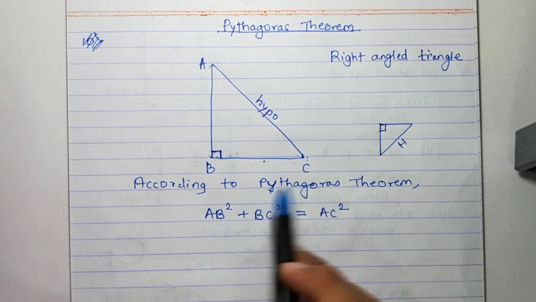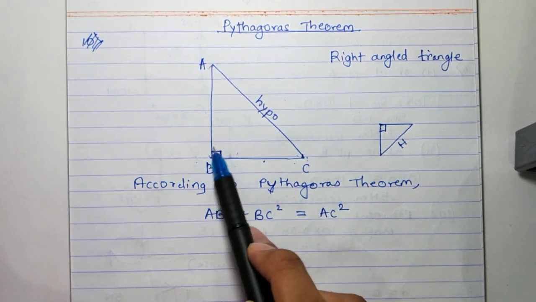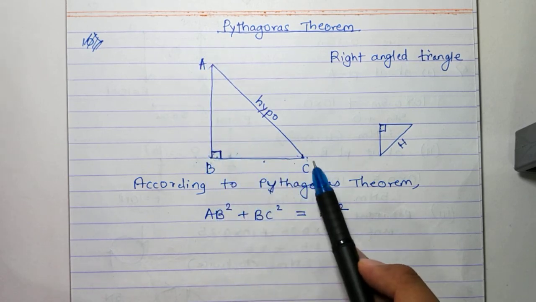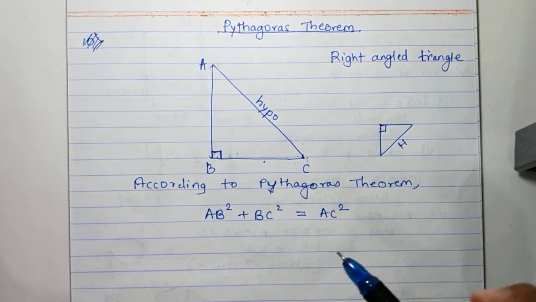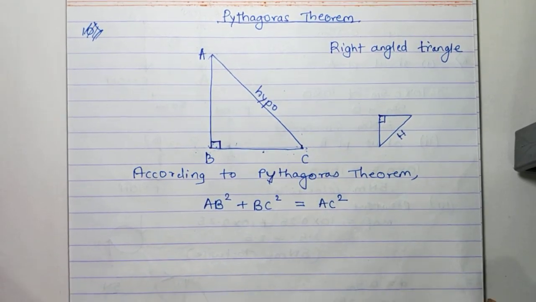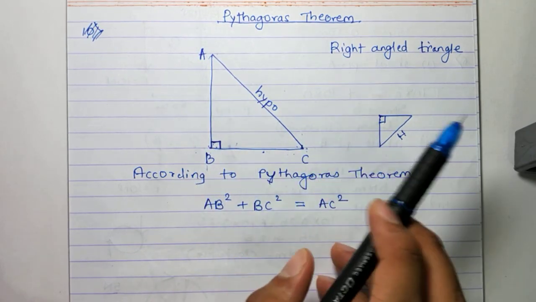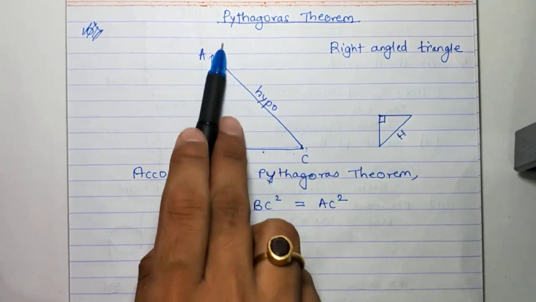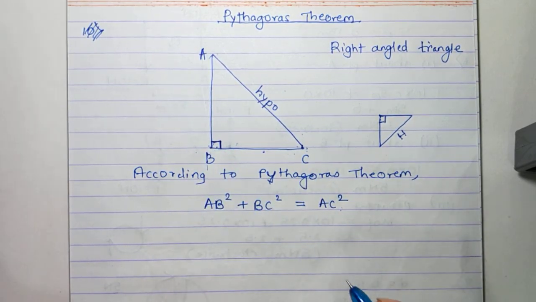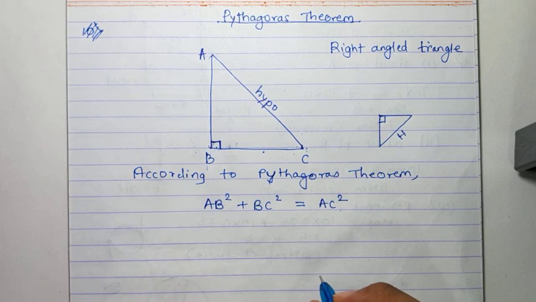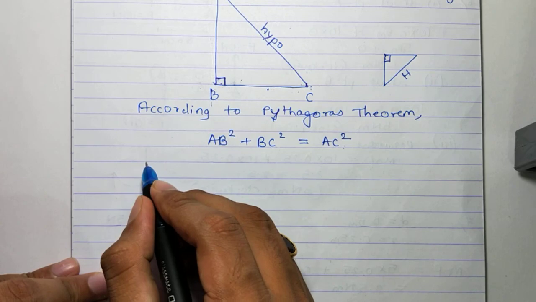Okay, what does the Pythagoras theorem say? That ये जो दो sides होती है जिसमें right angle बनता है, sum of the squares of these two sides will be equal to the square of the hypotenuse. Okay, names can be anything. A can come here, B can come here, C can come here. That doesn't matter. But you have to understand that hypotenuse एक साइड में होता है, बाकी दोनों साइड एक साइड में होगी. ओके, थोड़ा अलग तरीके से और दिखते हैं एक दो तरीके से, so that confusion ना हो कुछ.